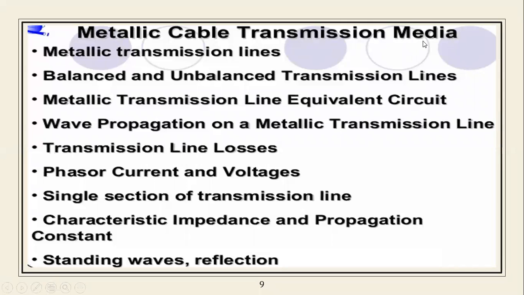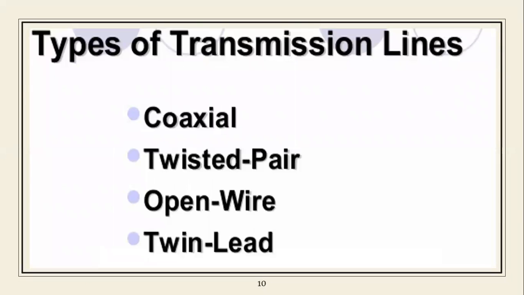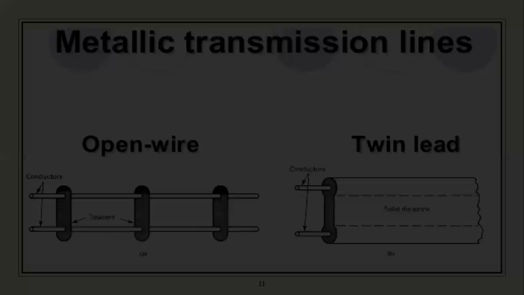So that is one of the mediums for electromagnetic waves which are traveling from one place to another place. Even waveguides and microwaves are also one of the mediums. So in transmission lines, we are aware that there are various types. For the transmission line, one is the cable, that is the coaxial cable, twisted pair, open wire, and twin leads. They are classified into types depending upon the shape, the covering codes, the colors, and the material.